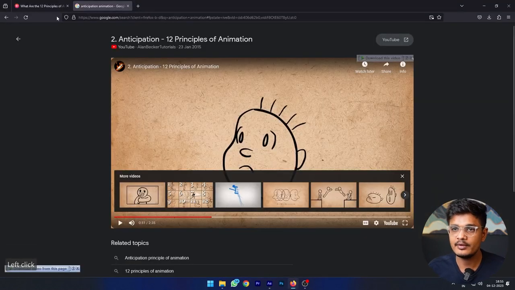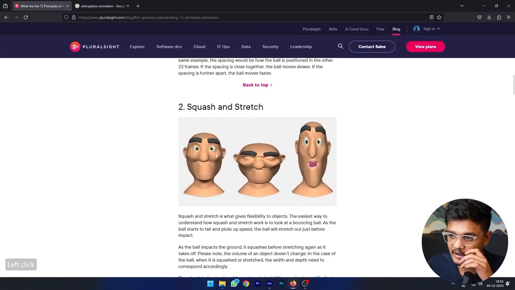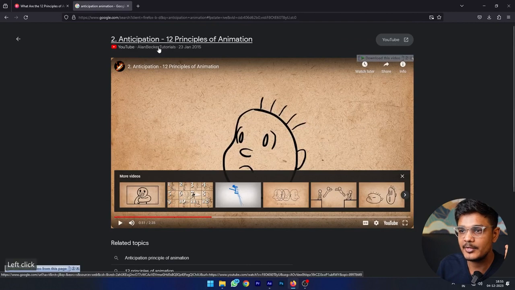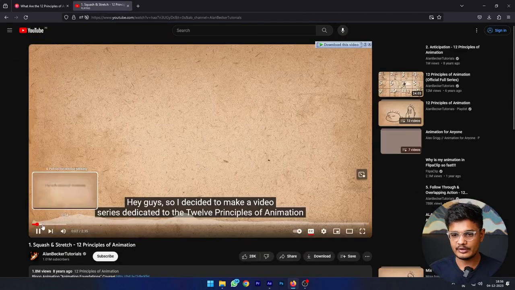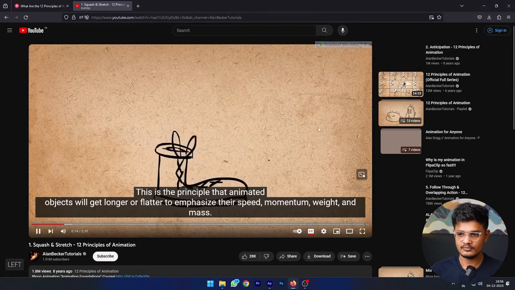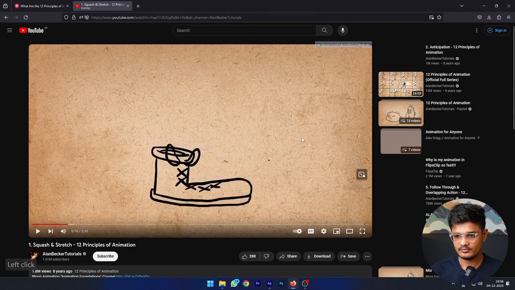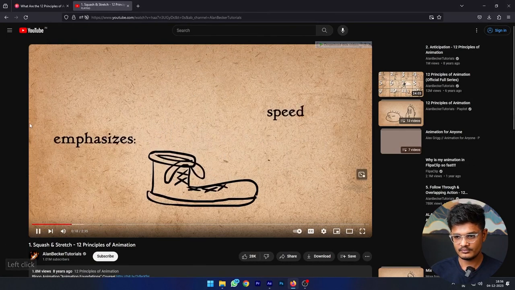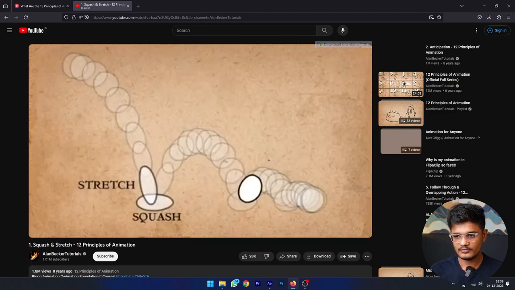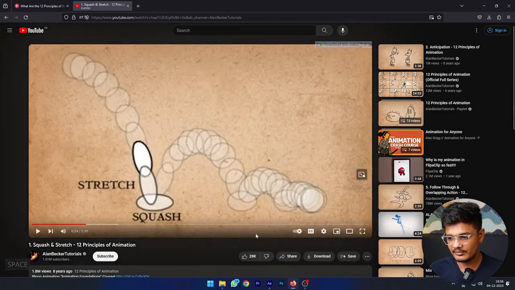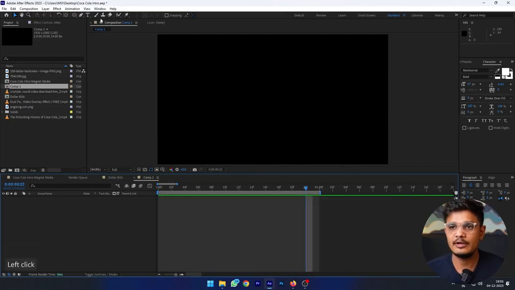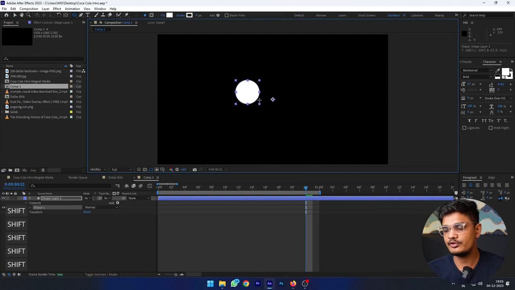Now if we check the second kind of squash and stretch animation, so as I told you, this guy Alan Becker Tutorials, if you go to his channel, so here you can see squash and stretch kind of animation. Okay. So this is how squash and stretch work to emphasize the movement. So we'll simply create a bouncing ball